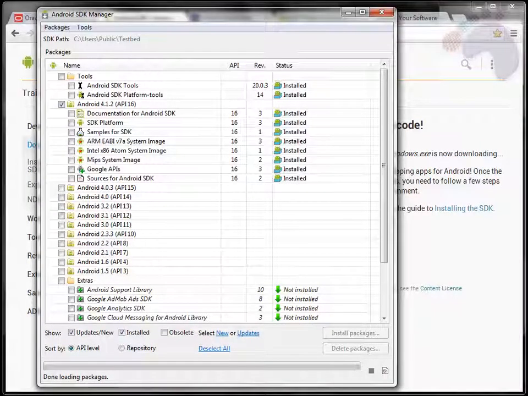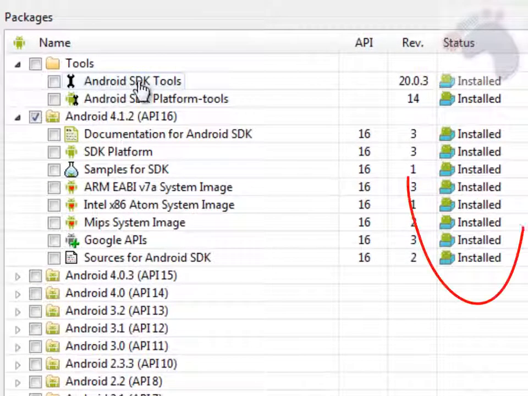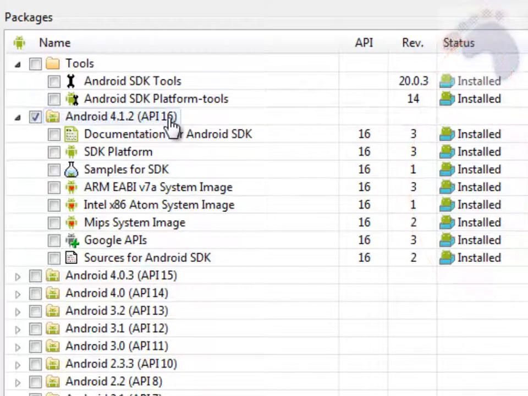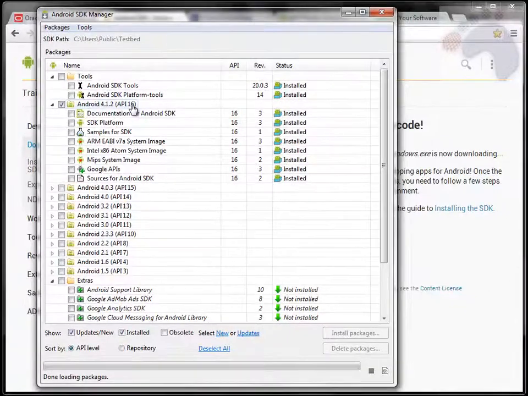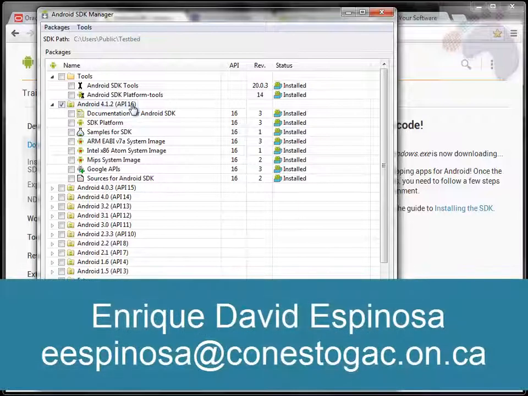Alright, so it's done. And you can see now that we have all the tools ready, as well as API level 16. That finishes this video. Next, we're going to take a look at what was downloaded and installed, and we'll start the AVD Manager. If you have any questions regarding download,